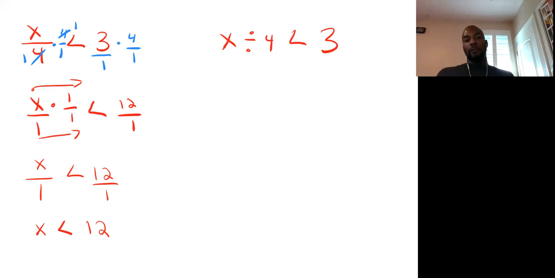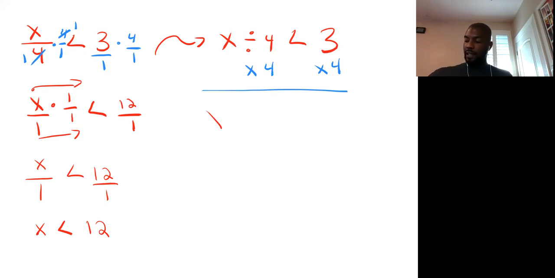If you don't feel comfortable using fractions, rewrite the problem like so, where you have the numerator divided by the denominator, and simply do this. I need the inverse operation of divided by 4. It's multiplied by 4. What I do to one side, I do to the other. This leaves me with x. This cancels each other out. They're inverse. 3 times 4 is